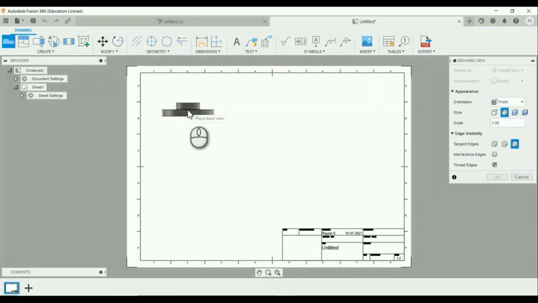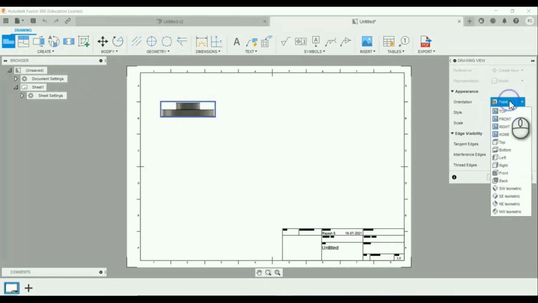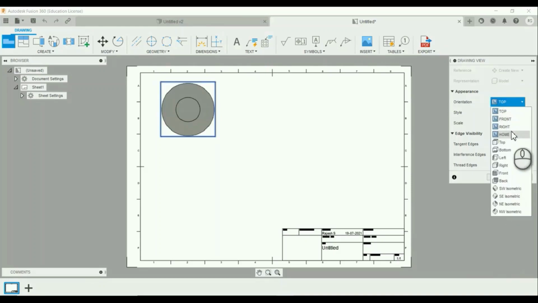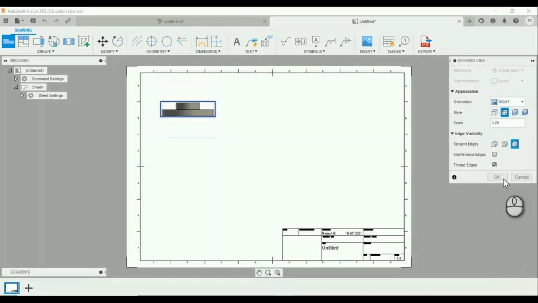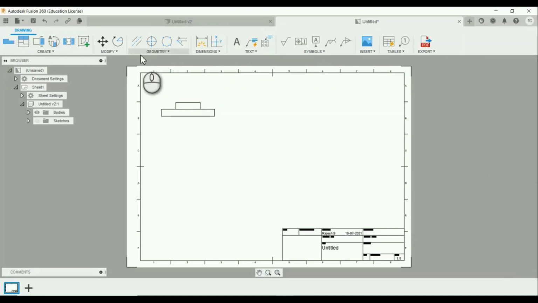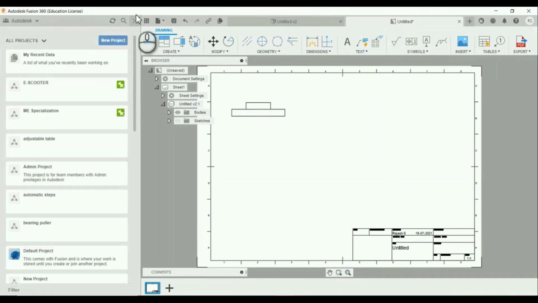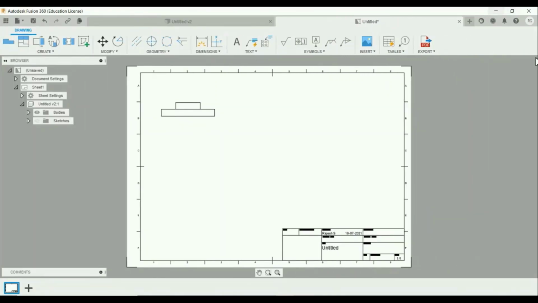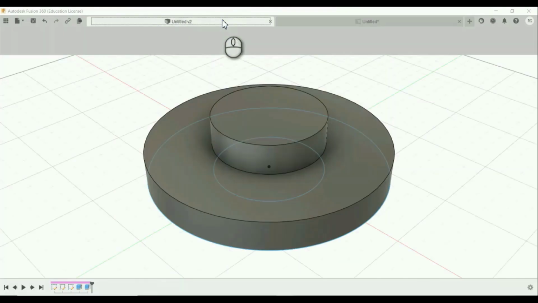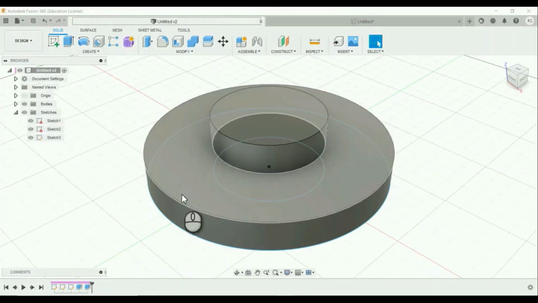And first you have to place the base view selected and you have to change if you want top view, select top view, front view, and select OK. After that, these are the tools available for drawing workspace. And then in drawing workspace, you can also document manufacturing specifications using integrated associate drawings for parts and assemblies. And then go to general workspace, which is design workspace.